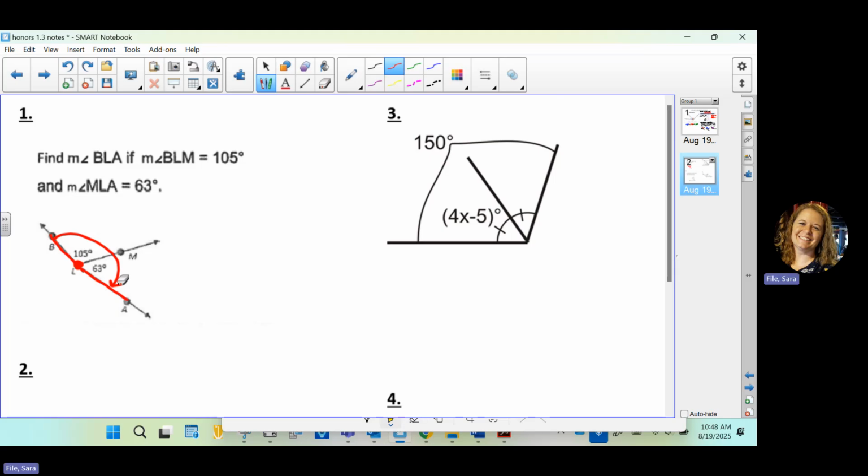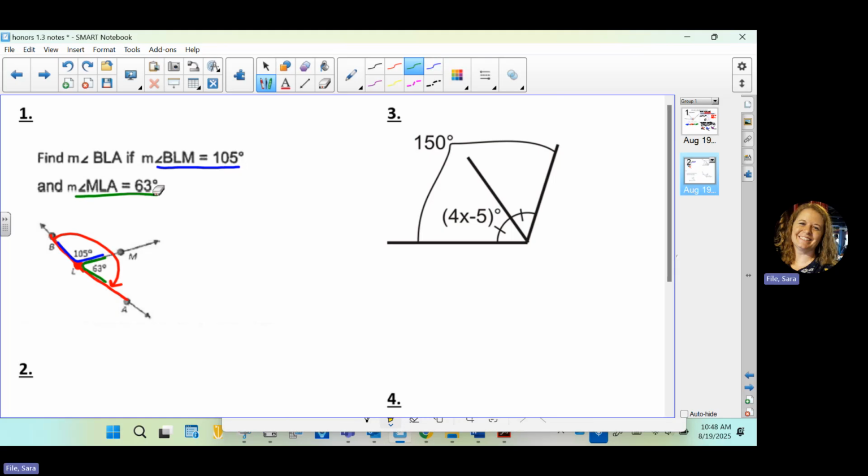Yeah, the two smaller angles that make it up are labeled. Okay, they're labeled in the picture and they're listed out here. The measure of BLM is 105. The measure of MLA is 63. I simply add. That's all I have to do. Okay, because I've got this smaller angle in here is 105. And I've got this smaller angle in here